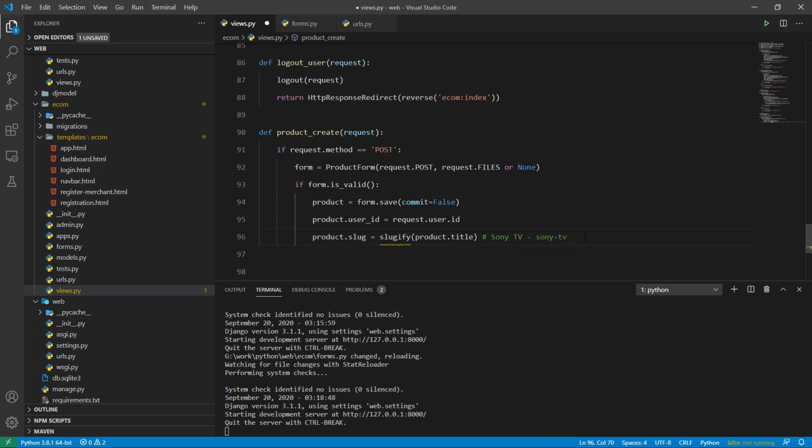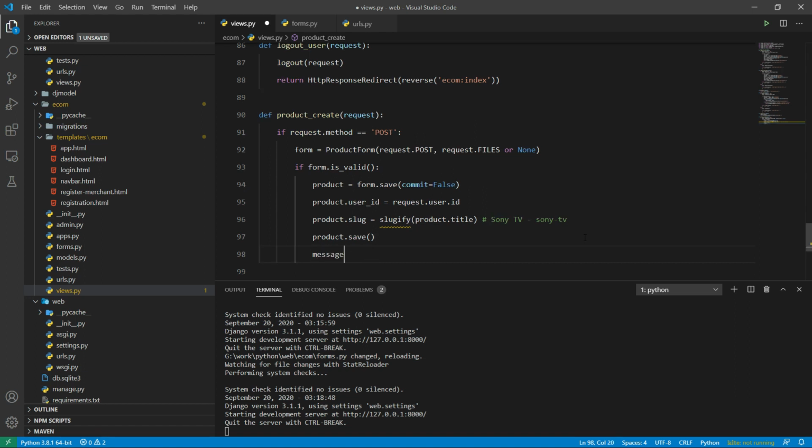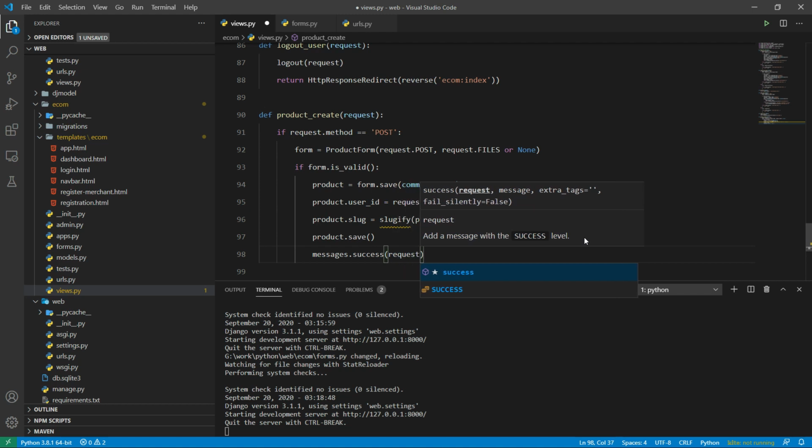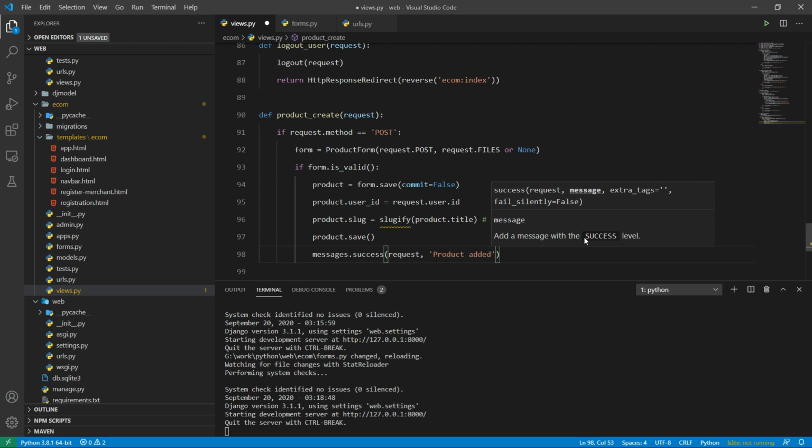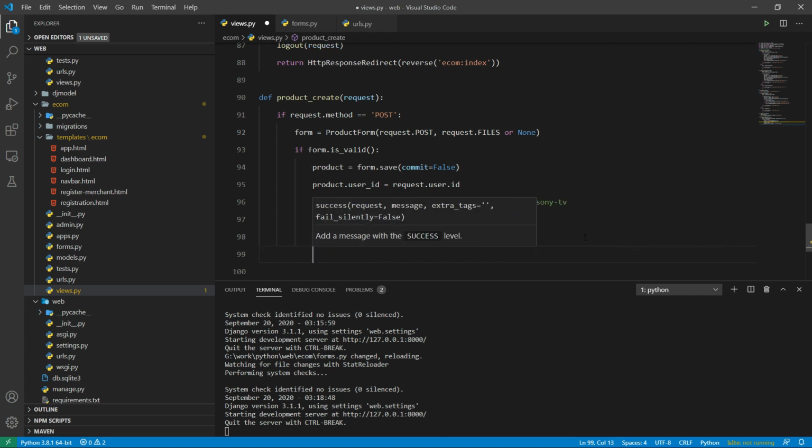Now, once everything is done, we will call the save method. And once the product is saved, after that we will create a message called product added. And finally we will redirect the user